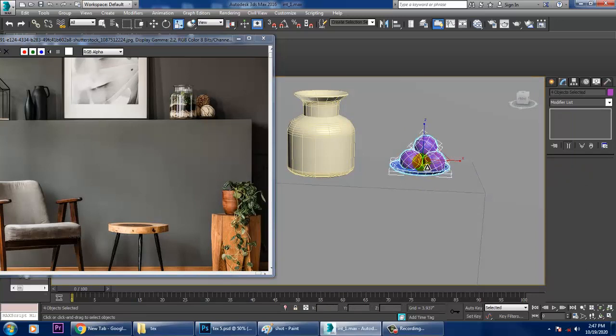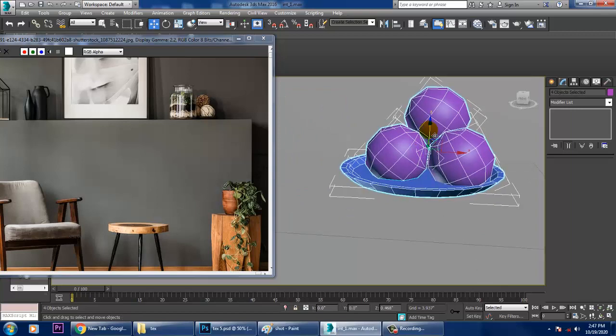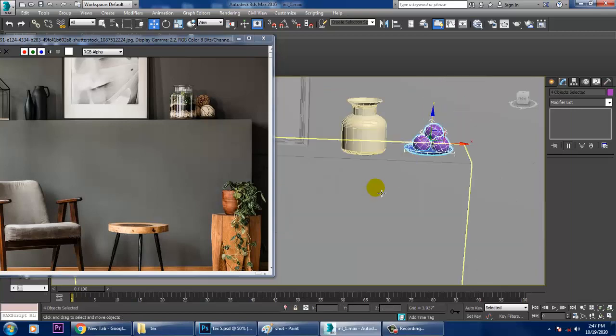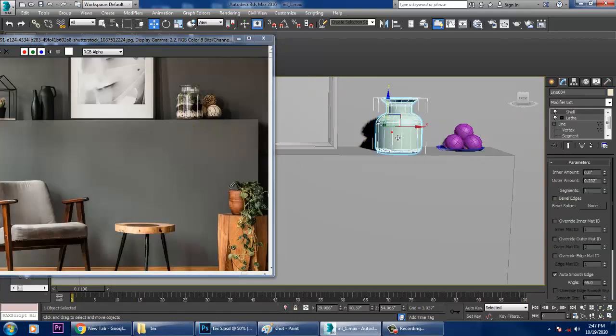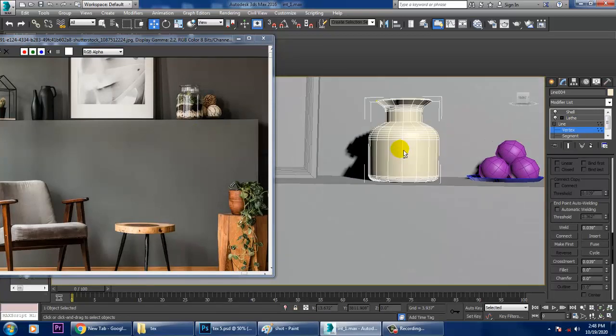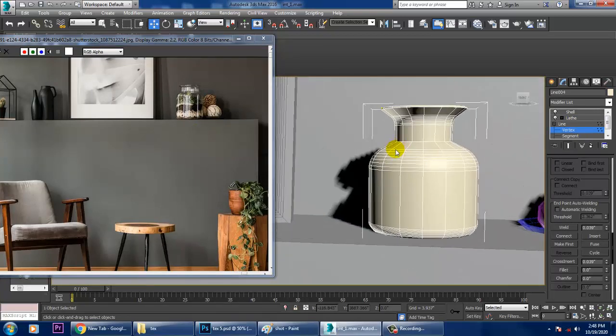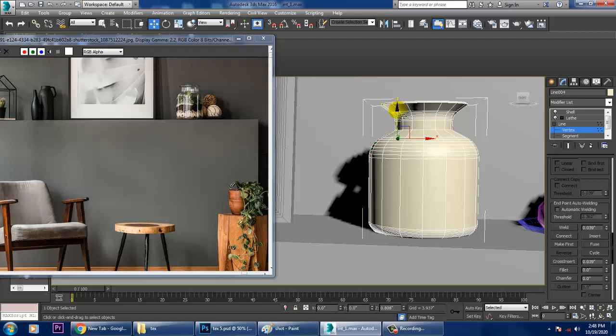So just resize this a bit and just push it up. So select the vertices. If you go into this and if you properly look at it, this size should be more bigger, so you can just push this up.